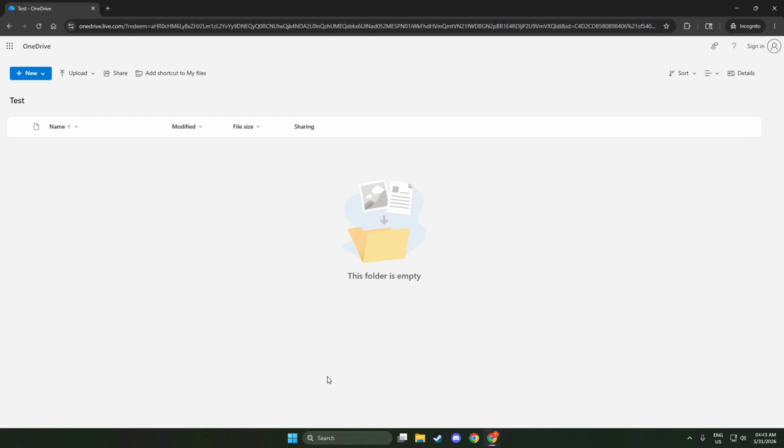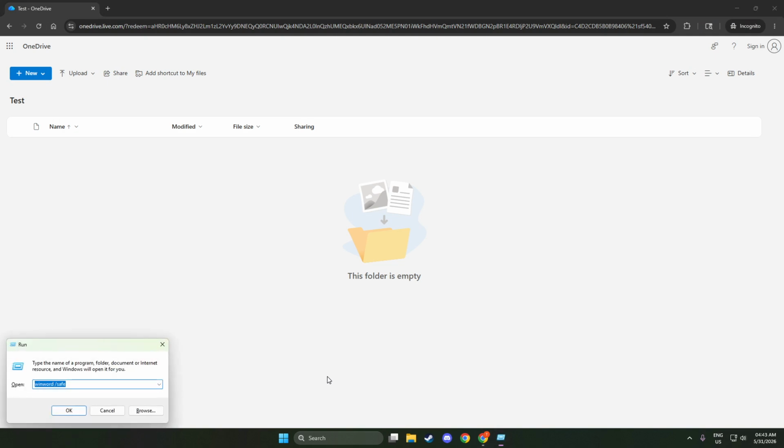Here's how to do it. On your keyboard, press the Windows key and the R key at the same time to open the Run dialog. In the box that appears, type the following command exactly as you hear it, winword /safe. So that's WINWORD, then a single space, then a /, and the word safe. Press enter. Word will start in safe mode.